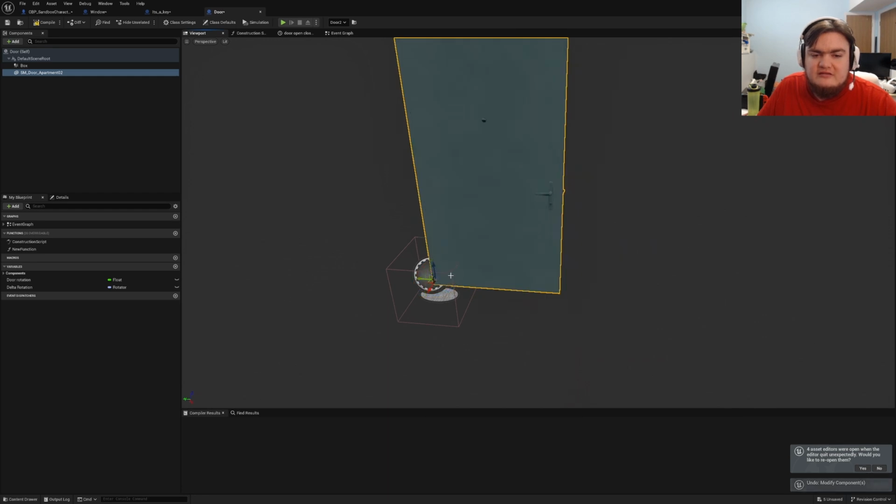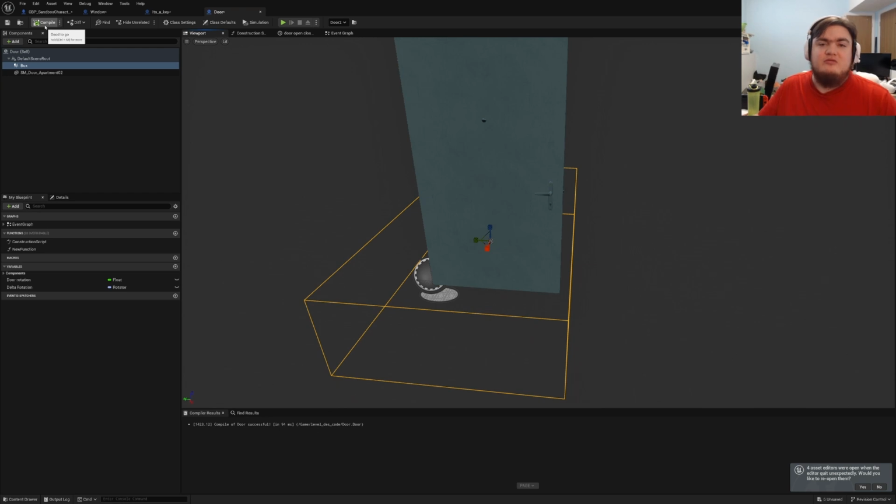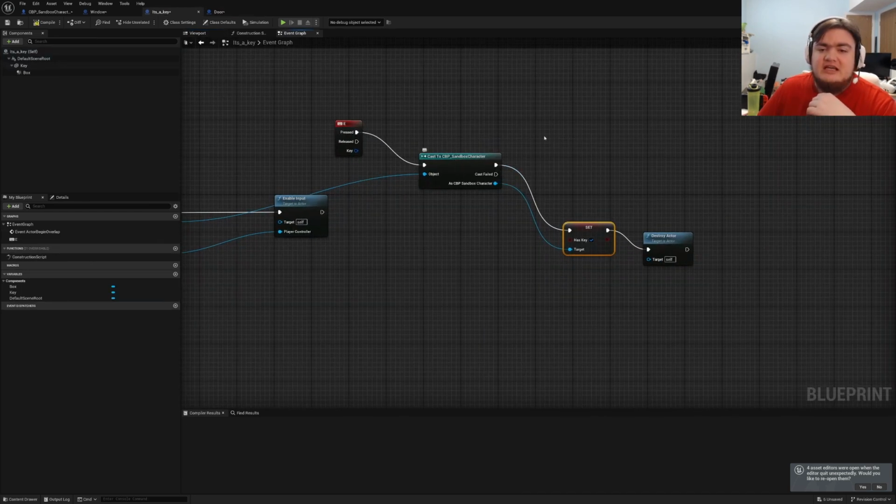I'm going to go ahead and fix the collision box because it is not where it should be. We're going to scale it into place. I want the character to be able to be at least a little bit away from it, so there we go. When we hit compile, whenever you add that variable, you want to compile or it will not save that variable as being active. So once we have all this done, you do the E, cast the character, has key, destroy actor, key is